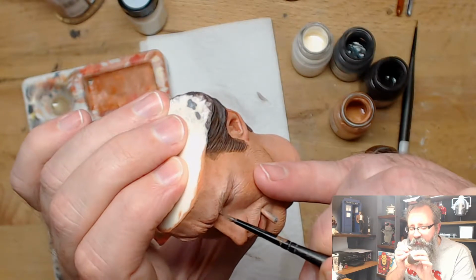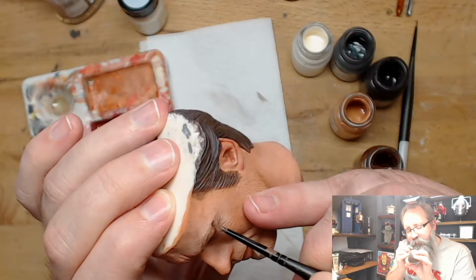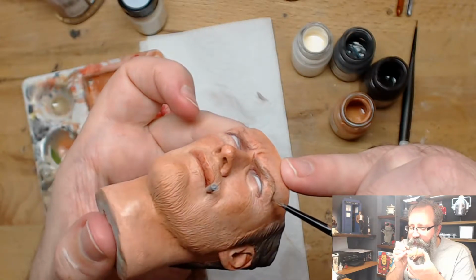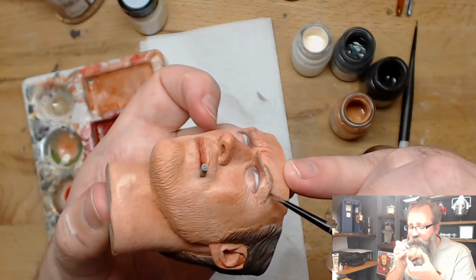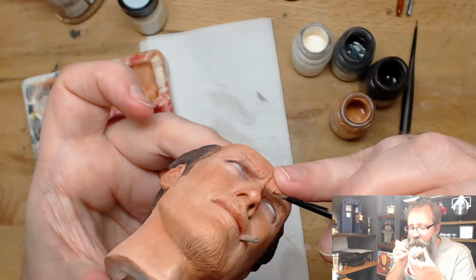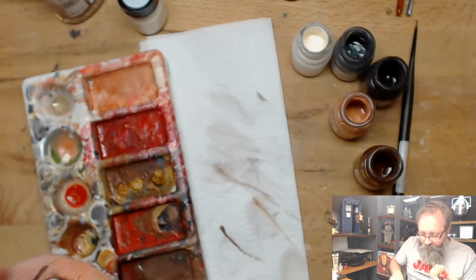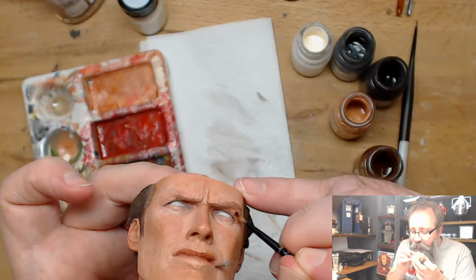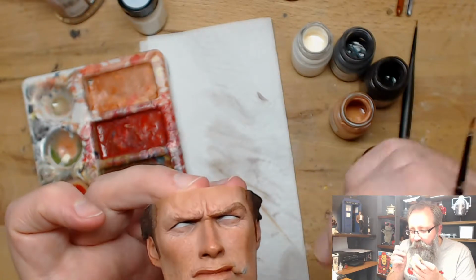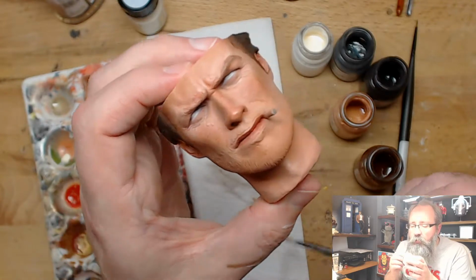Sometimes one thing I have to do quite a lot when I'm repainting is change the shape of things like eyebrows and stuff, because they may be sculpted in the wrong place or not correct for the expression that the face has, or not correct for the actor that it's supposed to be. Lots of reasons, but sometimes eyebrows are just wrong. So I spend a lot of time not only fixing colours and stuff, but also simply moving where they are. There's a bit of dark paint on the eyelid there that it needs to go. But in this case they seem to be pretty spot on,